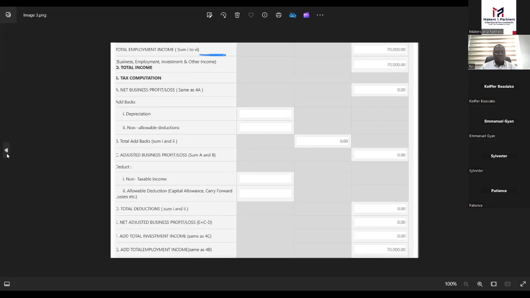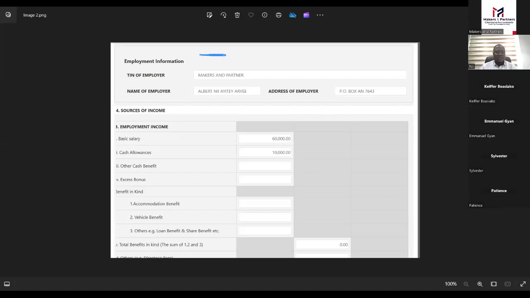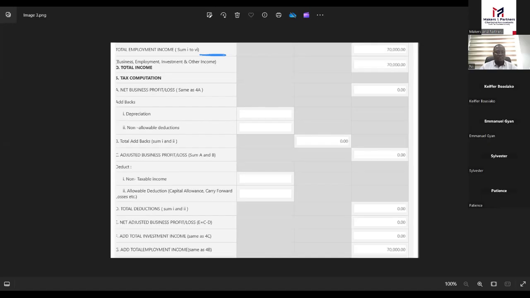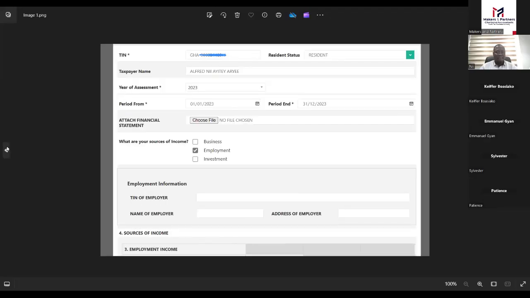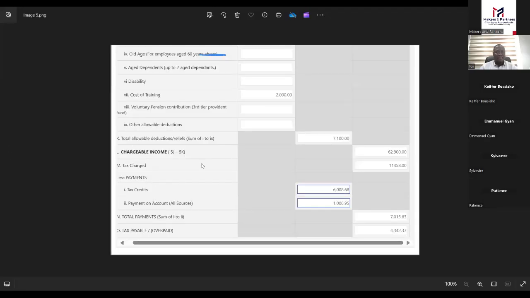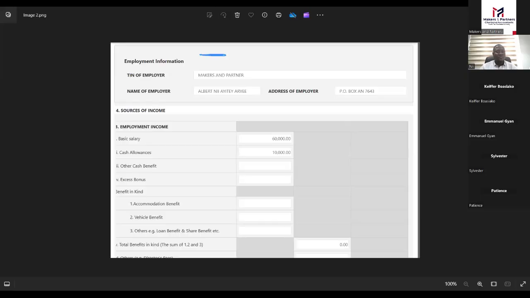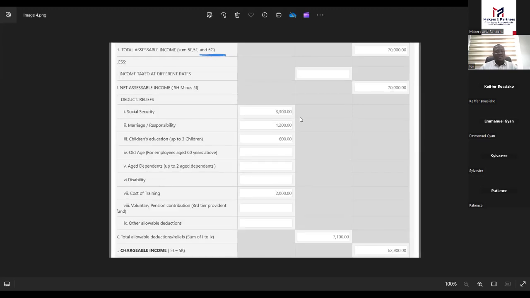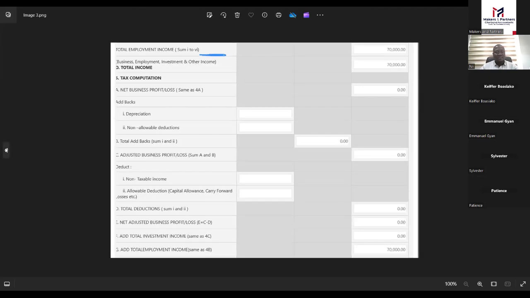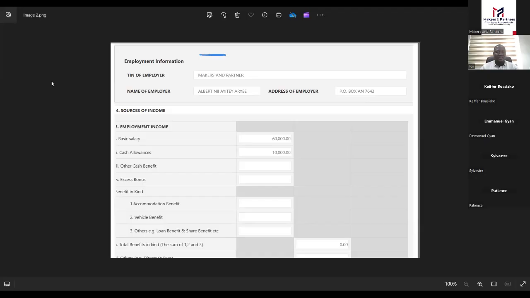Then you move on to investment income. Basically, the investment income talks about if you've received any form of income from investments, like you have a rental place that you've given out, you are receiving rent income. You have to add it up.